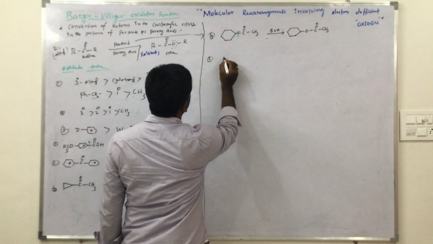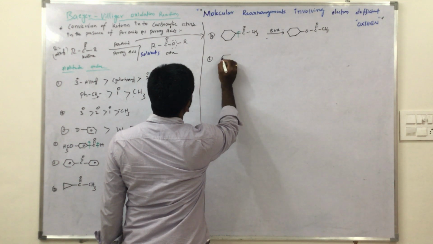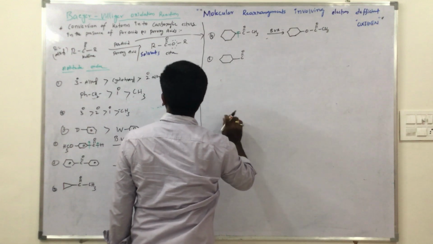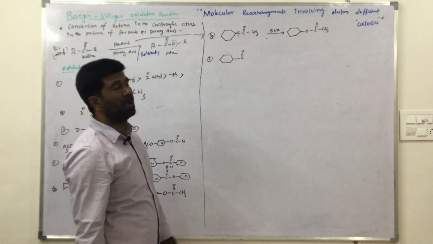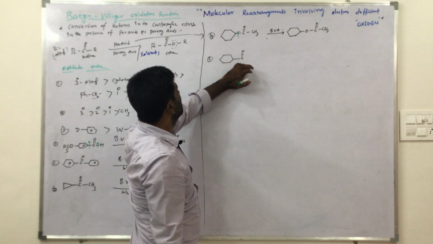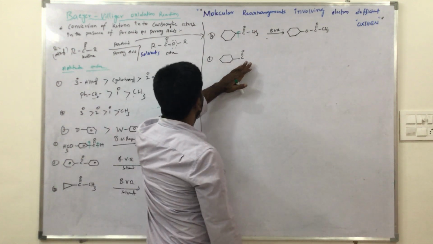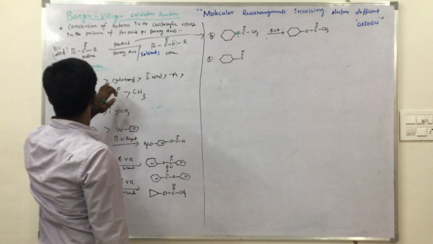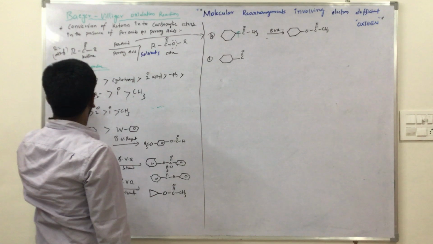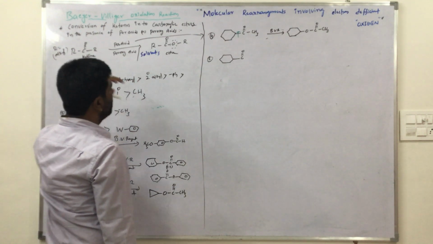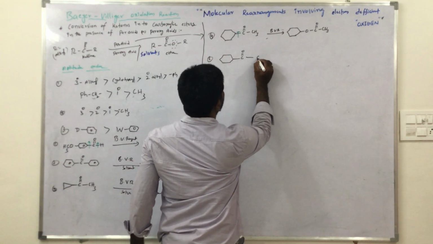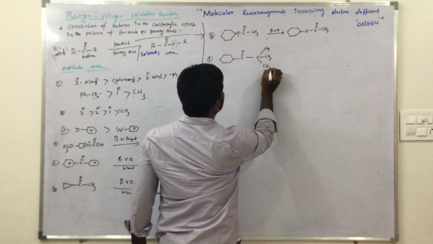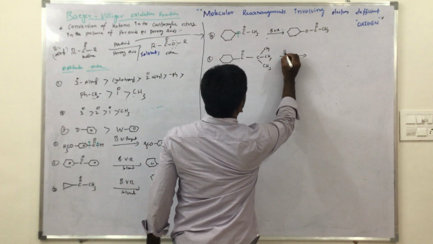Now fifth one. Here I take cyclohexane C double bond O. What do we take here? So all are the same examples now. C double bond O, cyclohexyl, and considering migrating aptitude, we take a tertiary group. Okay, CH3, CH3, CH3. Observe carefully.